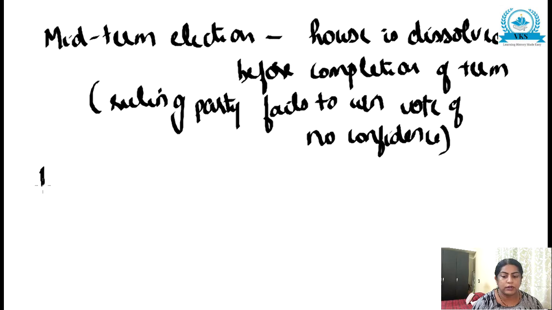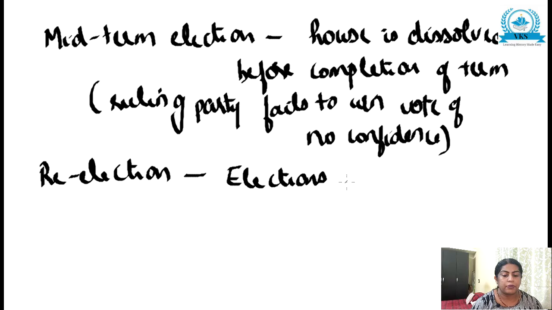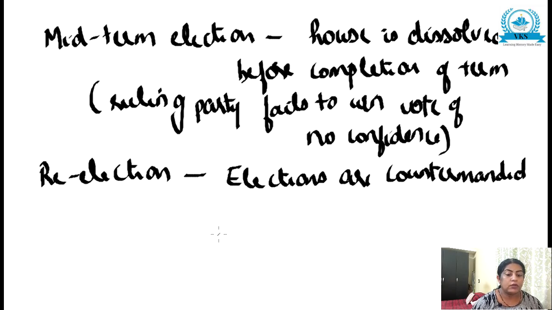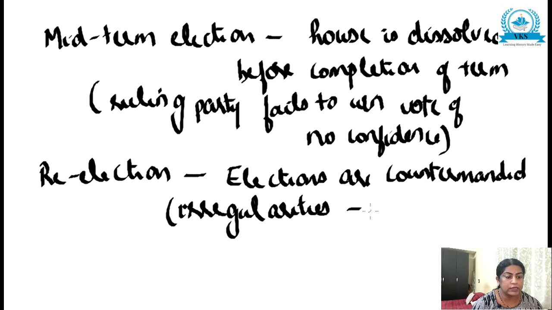Next one is re-election. When does re-election happen? This is held when elections are countermanded, that is, elections are cancelled due to many possible reasons, such as some kind of irregularities, for example booth capturing,